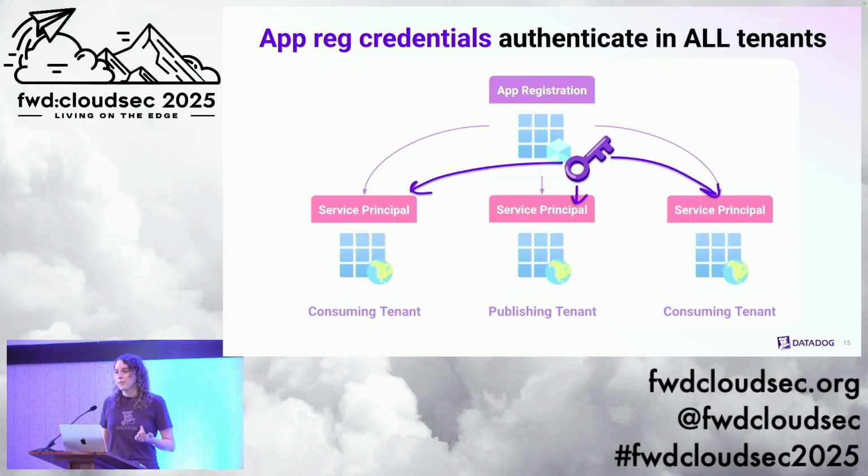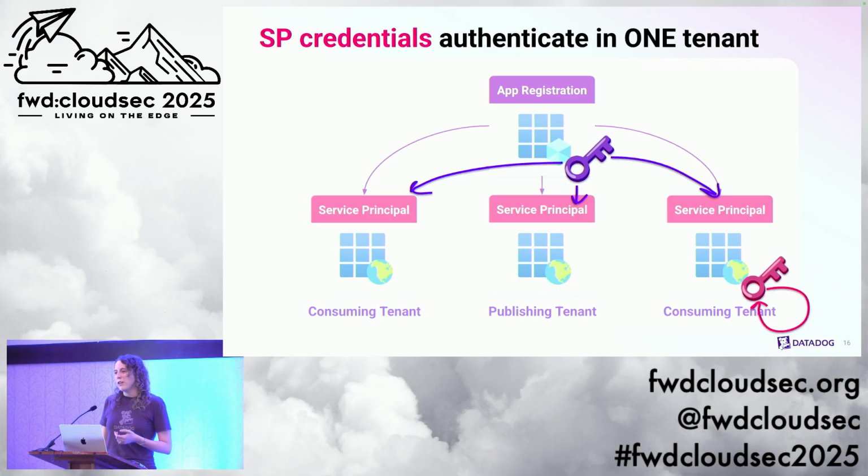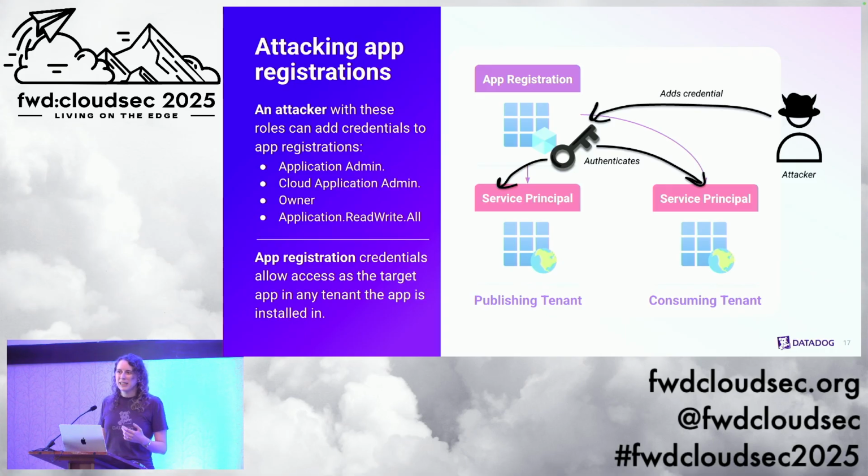Visually, it looks a bit like this. If I'm the app owner and I add a credential to the app registration, like a secret or a certificate, then I can authenticate as that application anywhere it's been installed, which should really make you think about how much you trust my user management app and me, and any app that you add to your environment, right? On the other hand, if you want to impersonate it in your local environment, I think this was added for debug purposes originally, you can add a credential to the local service principal, that local identity of the app, and you can also be that user management app within your environment if you have the right permissions. This is starting to sound a little attackery at this point, right?